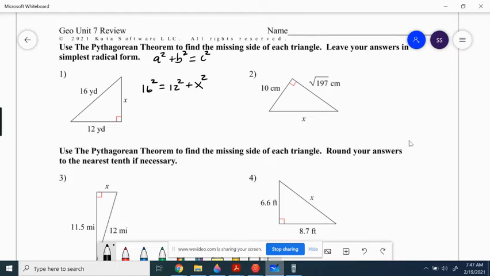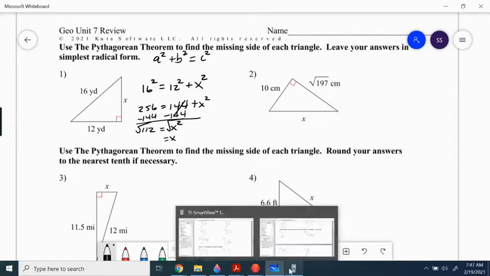I'm going to square 16, that's 256. 12 squared is 144 plus x squared. All right, I'm going to isolate the variable, so I'm going to subtract 144 on both sides, and I'm left with 112 is equal to x squared. Now we want to do the inverse operation of squaring, so I'm going to take the square root on both sides. Square root of x squared is just x, and the square root of 112 is,